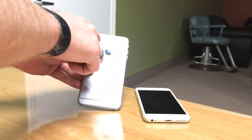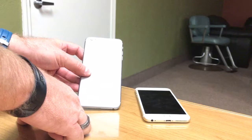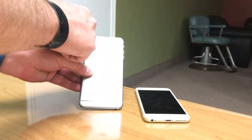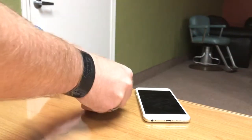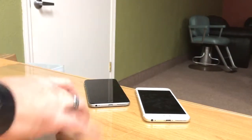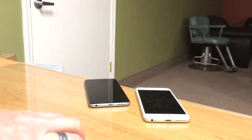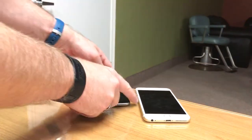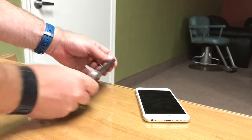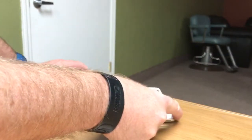bent. The camera of the phone is the only part of the back of the phone that is not flat. This is raised up from the rest of the metal, so I hang it off of a piece of glass, which this glass is presumed to be flat. It's not a curved piece of glass. There's no trick photography here. And then when I hang the only part that isn't flat off the edge of this glass, and in a